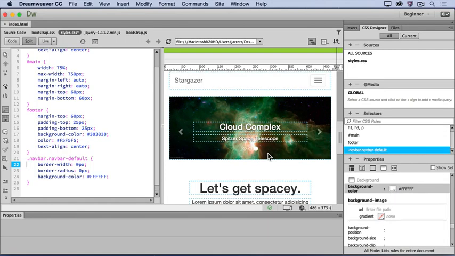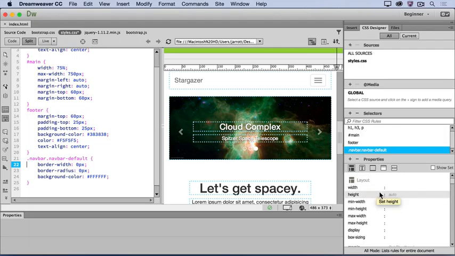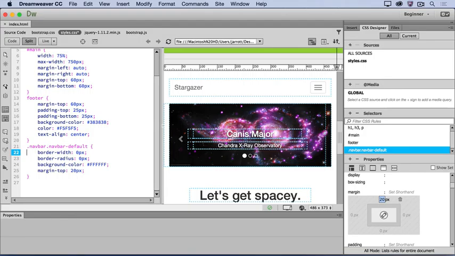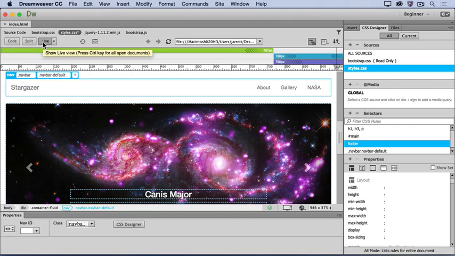Next, select the layout category and set the top margin property to 20 pixels to give it some spacing between the top of the menu and the top of the page. When we expand Live View, we can see that the menu spans the entire width of the page. I would like it if it didn't span the whole width, so let's go back to Split View and look